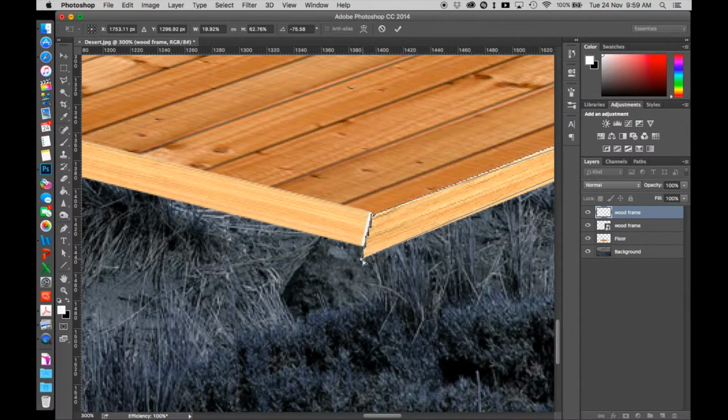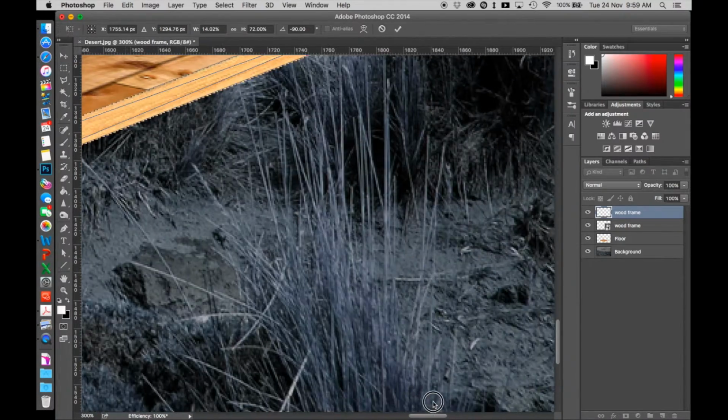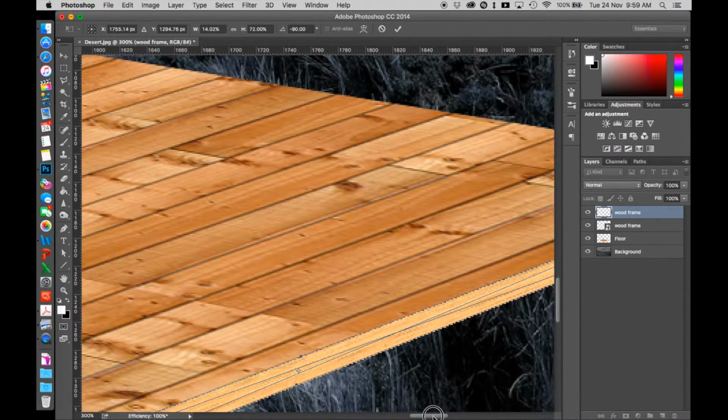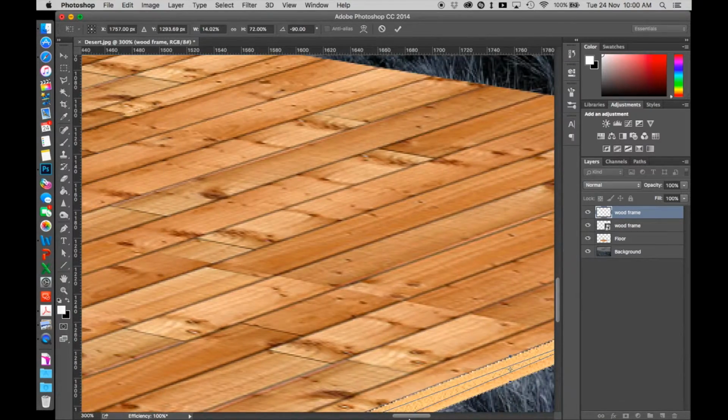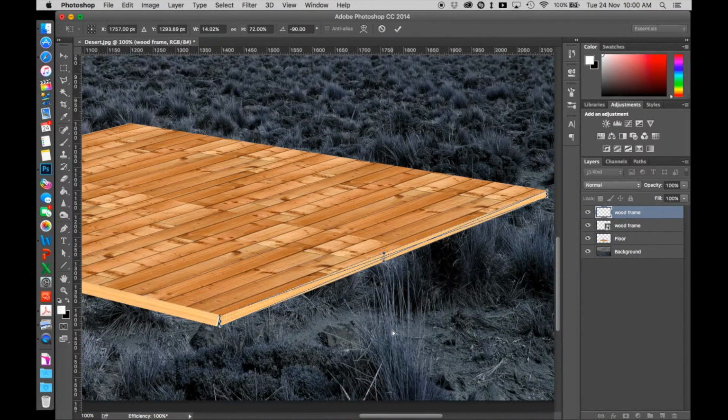Now the bottom point should be directly underneath. Nice sharp angle, and I'll do the same for this side here. Just a nice sharp straight angle. There we go. Now I'm pretty happy with that for now. I'm going to hit enter on the keyboard to save it, and I'll go over to the next wood frame